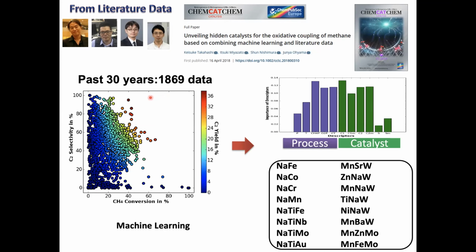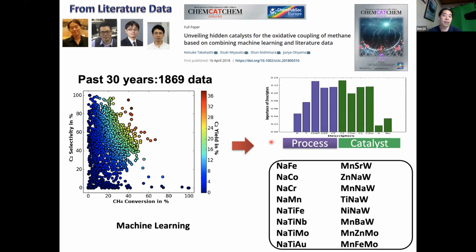So what we are trying to do is, from this data, can we design the catalyst? That's what we did first. Within this data, I'm going to skip the details of how we did machine learning, but we implemented machine learning, which is a type of artificial intelligence. The machine is going to learn this data, and then based on this data, the machine is going to design something for us. That's what we did.